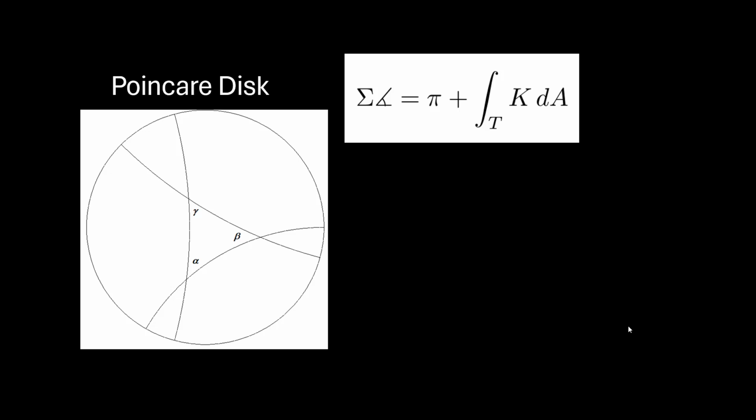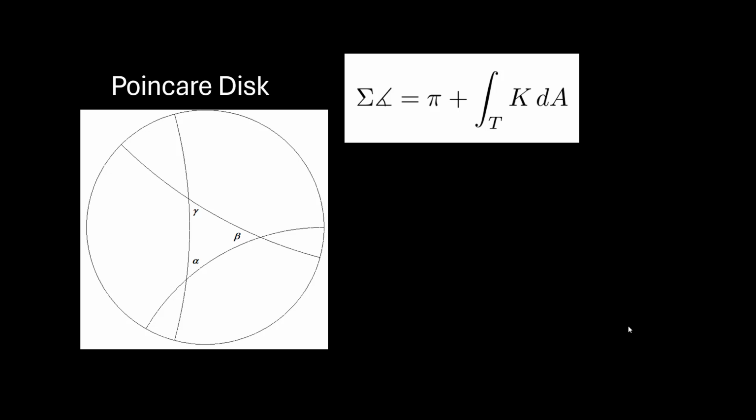Notice if I take 3 of those straight paths, I can form what is called a geodesic triangle. The interior angles of that triangle are alpha, beta, and gamma here. Because these straight paths are little arcs of circles, the vertices are a little bit pinched, which means that the sum of the angles of this triangle will be strictly less than 180 degrees. An exact formula is given by the famous Gauss-Bonnet theorem. The angle sum is equal to pi, or 180 degrees, plus what we call the